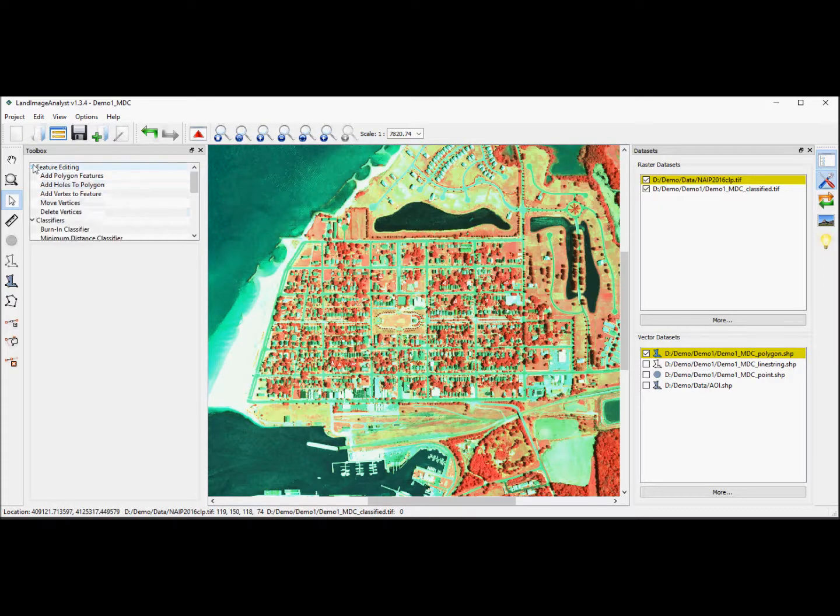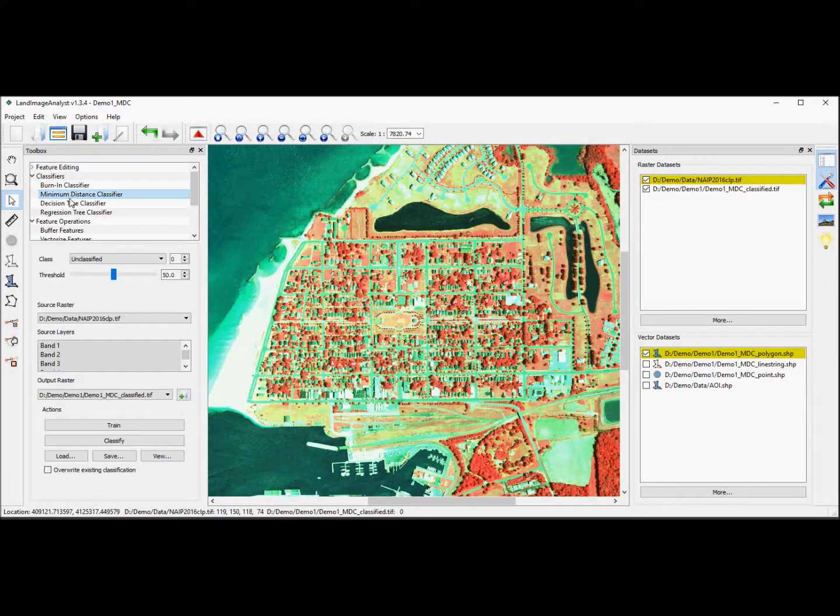Now let's go to the minimum distance classifier tool. Tell it we're going to be looking at these as forest. We can always change that name later. It's just tree cover. We're going to be using the raster as our NAIP, and we're going to be using all 4 bands. Our output is our default classified image, and now we simply click train,